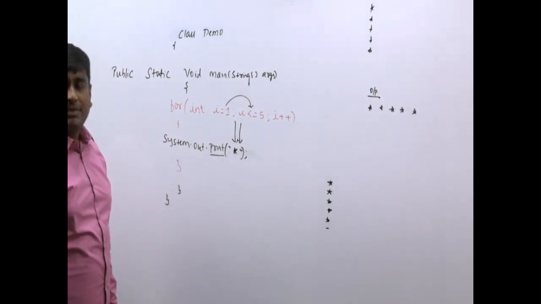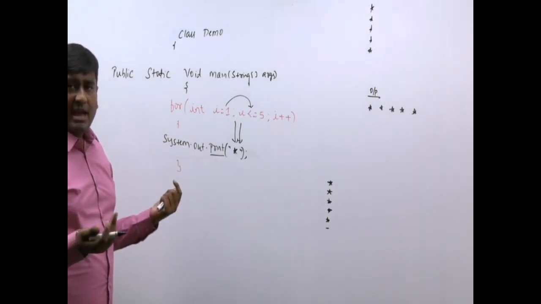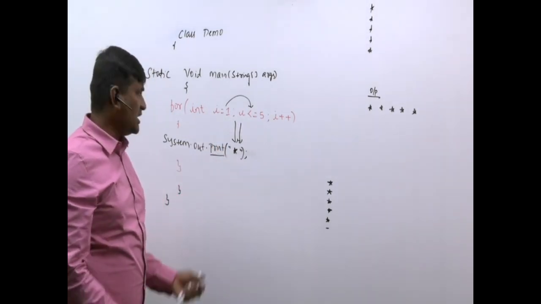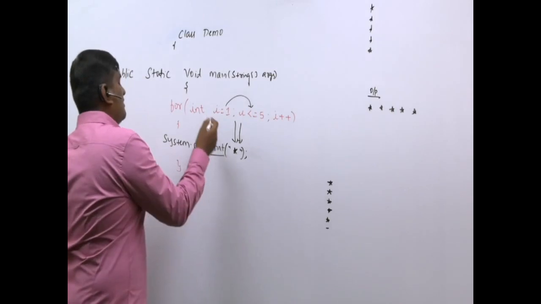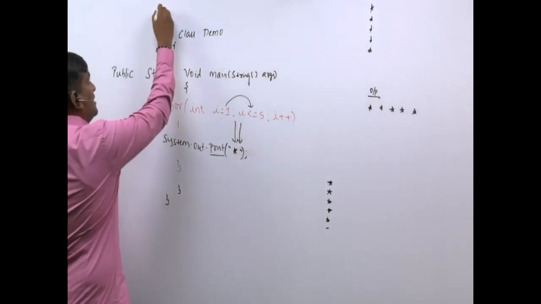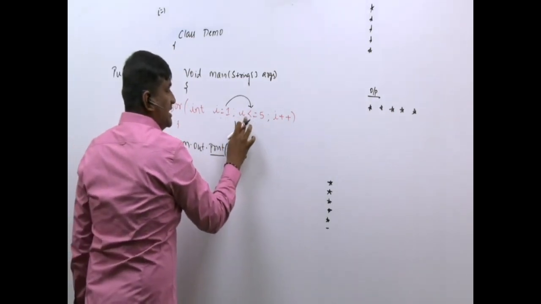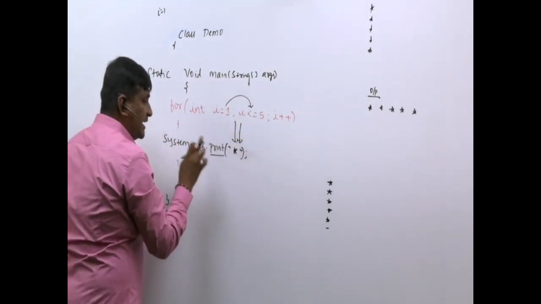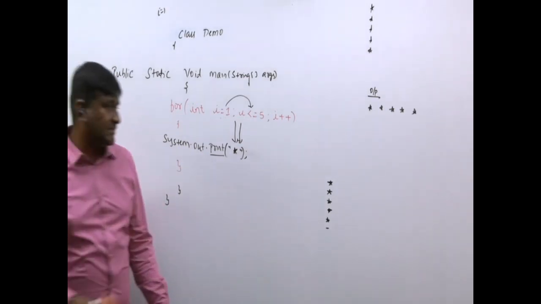System.out.print like that. And whatever you want to display as it is, you put inside the double quotes. Okay, sir, how will this work? As normal, I'm executing the for loop. Initially, I value becomes how much? 1. So your I value is 1. Next, it will check the condition. Is 1 less than or equal to 5? Yes, come inside. System.out.print. Now pay attention to how it works.